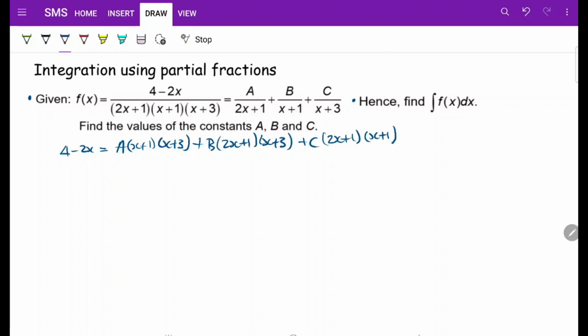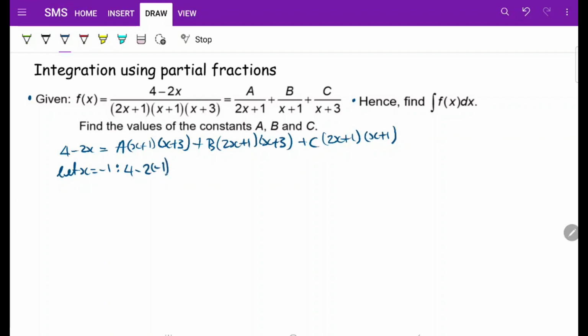So we'll try to use the method of elimination to solve this. So what we'll then do is we will let x equal -1,